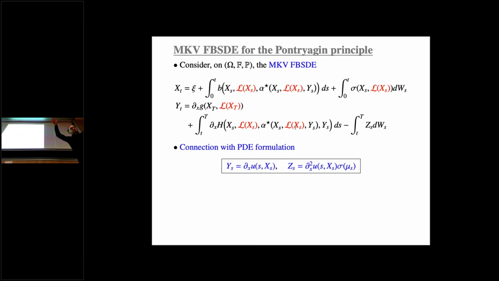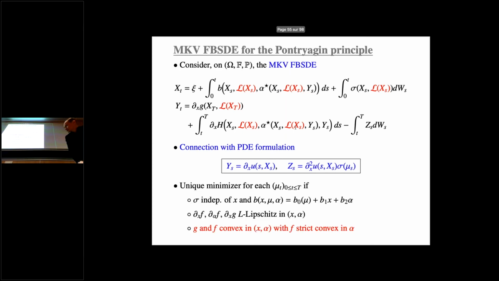So keep in mind, we have three formulations: the PDE one, which is certainly the one I'm going to use most of the time next, and two forward-backward formulations. Sometimes in finance, or maybe for energy markets as well, people use this formulation, but certainly this is connected to the PDE one. Either you sit down on the particle and you follow the cost, or you sit down on the particle and you follow the optimal trajectory, the optimal strategy. And there are conditions, but I don't want to enter these details.